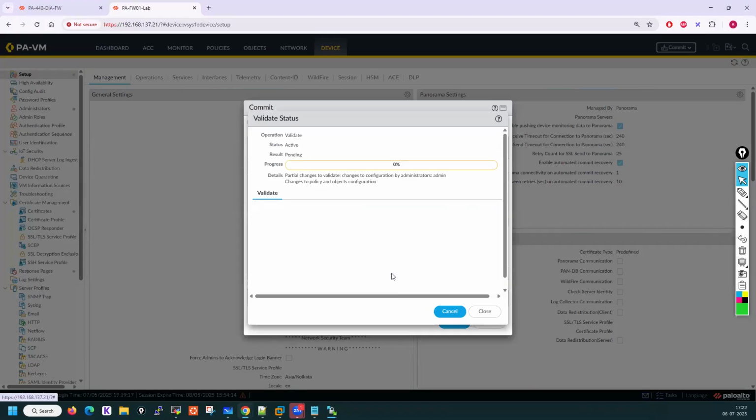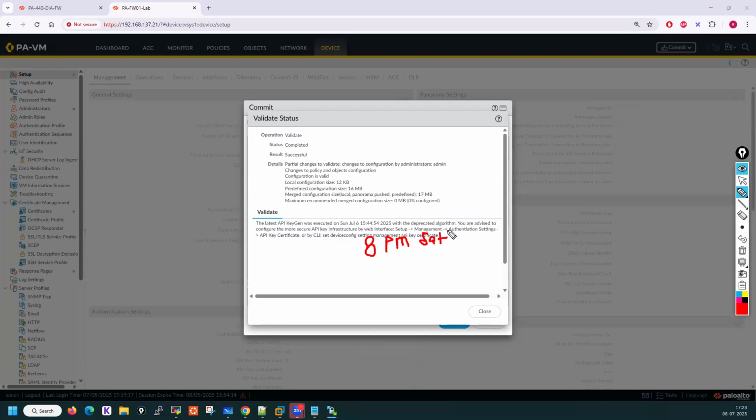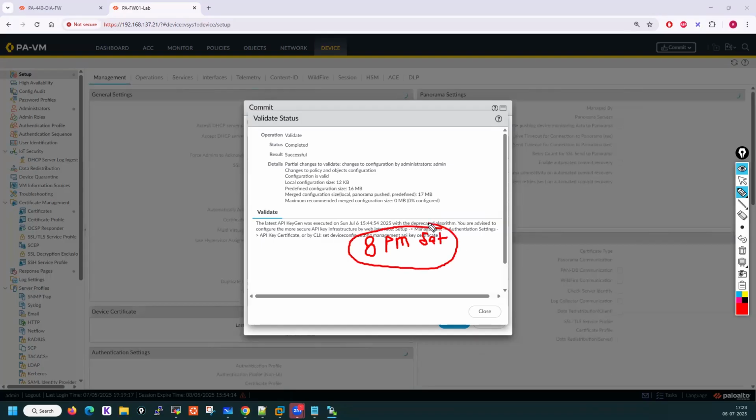This validation will tell you that you have done the correct changes, right? So we will always validate our changes. And I'm talking about the production point of view, guys. In which situation is this validate option helpful? Let me tell you. Let's suppose you have one scheduled activity at 8 p.m. on Saturday. What you have done